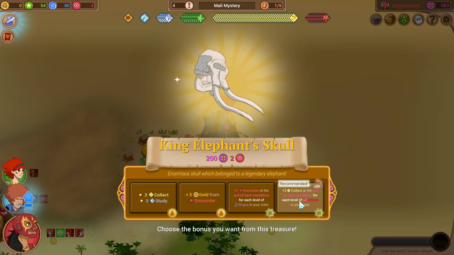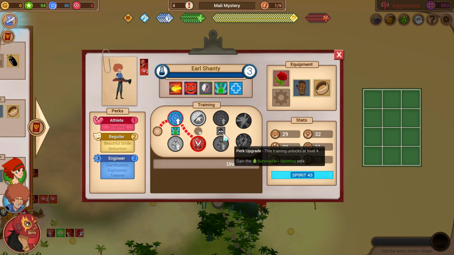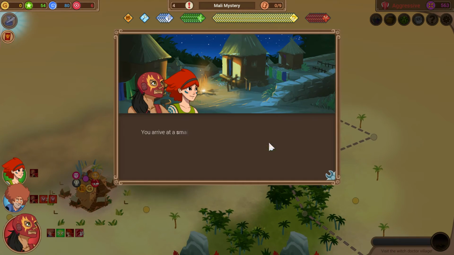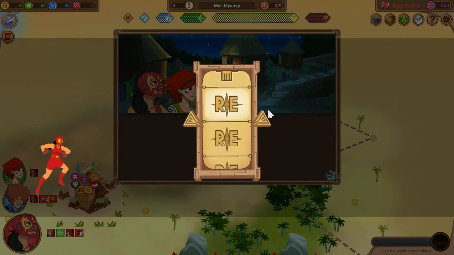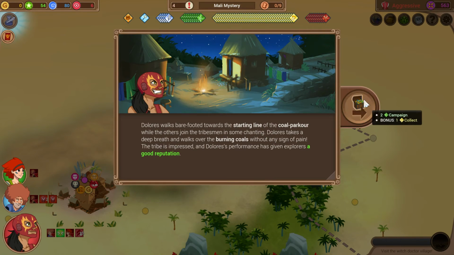Oh. This is actually great for us. Wow, yeah. Okay, I'm not upset about that at all. It's not quite Crystal Mountain, but... well, I don't think this is a very difficult choice. So Earl now, still a level off of his stun. And Molly's gotta be close to leveling, yeah. Alright, I would really like to get Molly leveled up before the, What's up, walking on burning coals? Yeah. We can do that. Dolores is invulnerable and great at everything, so...